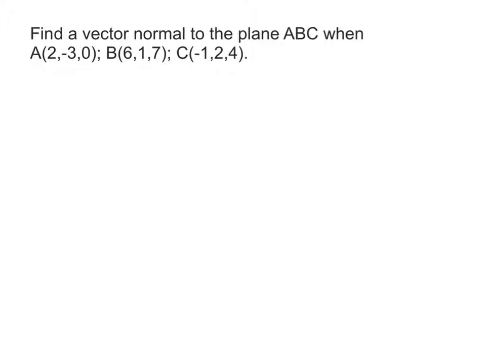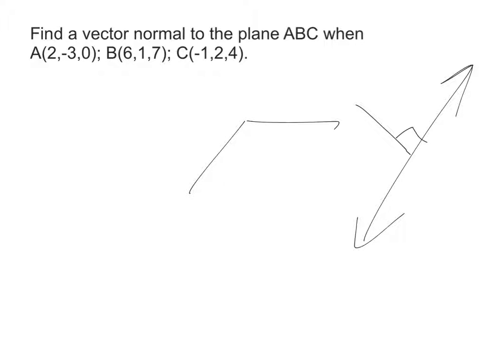For this problem, we're asked to find a vector normal to a particular plane. Now as we begin, we need to know what it means for something to be called normal in mathematics. Normal is just another way to say perpendicular. So we could have a line, and then something normal to that line would be perpendicular to it. In this particular scenario, we've got a plane, and we're trying to find a vector that is perpendicular to